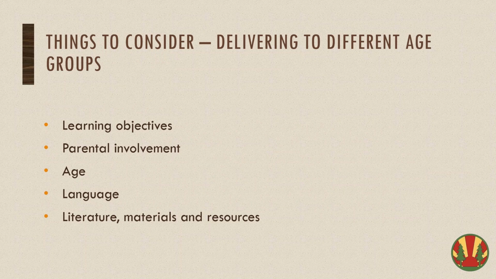So, things to consider then. When delivering to different age groups, remember the learning objectives are really key here. So you have to make really cohesive and deep and meaningful learning objectives in order to translate the objectives over to the students. Parental involvement: where you can involve parents who've come along to groups or have come along to support their children, involve parents in the activities. Consider the age that you are delivering to and adjust the activity and the language that you use to suit. That's really key, using language which is appropriate to the age group that you're using.